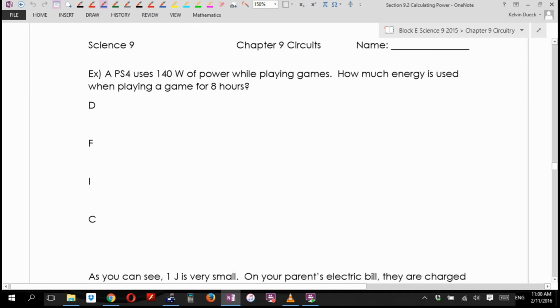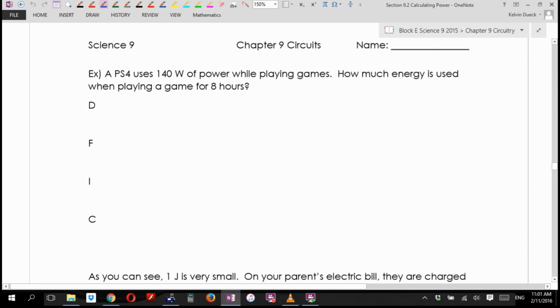We're going to get this far. We're going to finish this one. Then we're going to press pause. I'm going to give you part 1 of the homework. A PS4 uses 140 watts of power while playing games, which is true. How much energy is used when playing a game for 8 hours? Well,